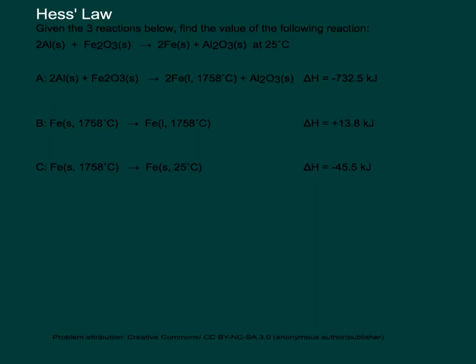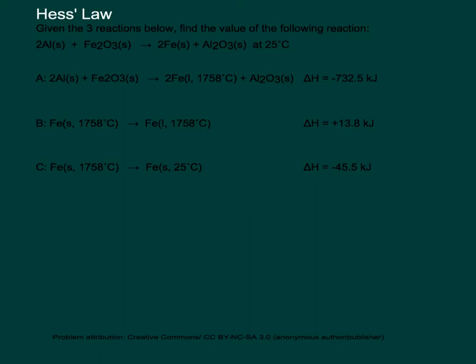Okay, so in this problem we're going to use Hess's law to solve for the delta H of this top reaction. If we look at it, it's the thermite reaction. It's two solid aluminum reacting with iron(III) oxide solid to go to 2 iron solid and aluminum oxide, Al2O3, at 25 degrees Celsius. Okay, that becomes important if you look at these reactions below, because in the first one